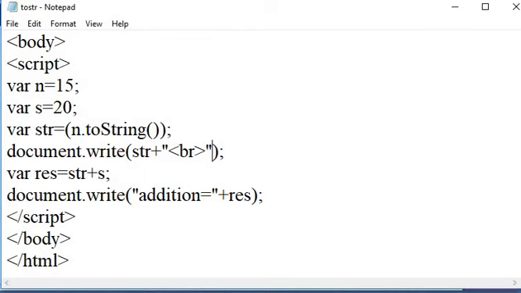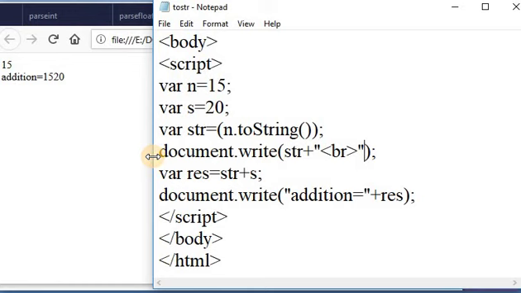In this program, first of all n is equal to 15 and it is converted by using toString, number to string, so it returns 1520.